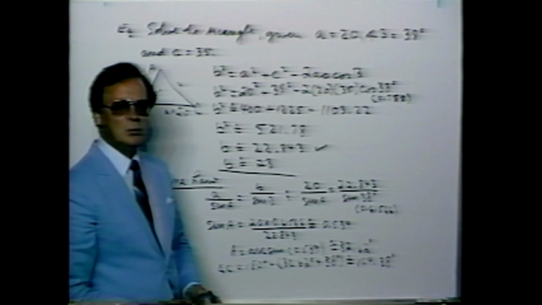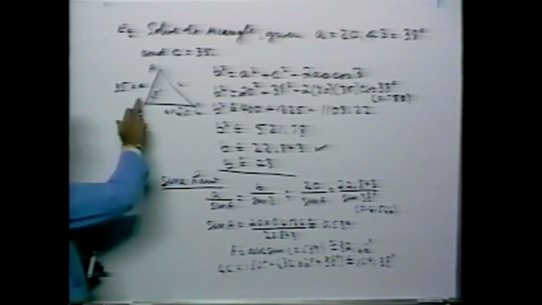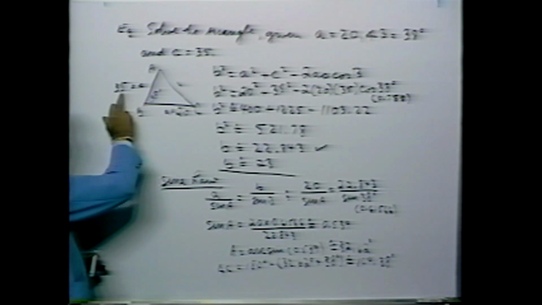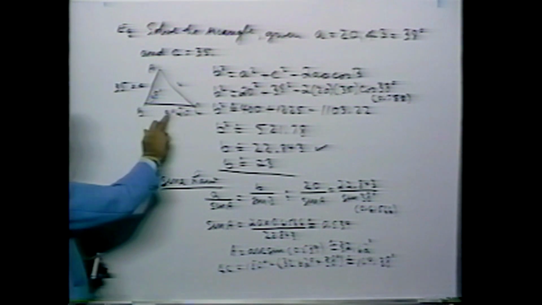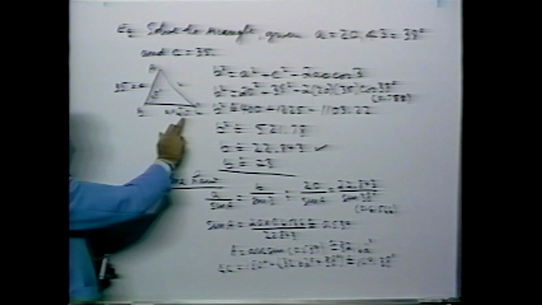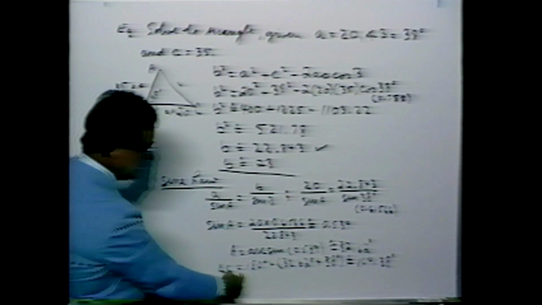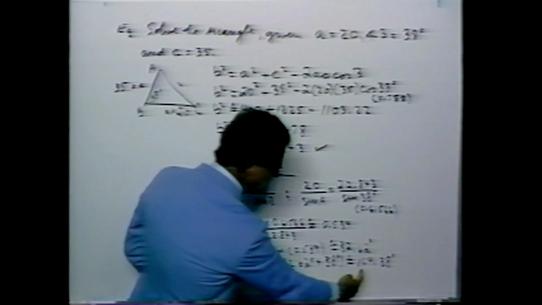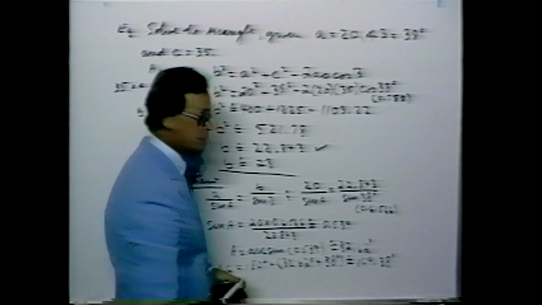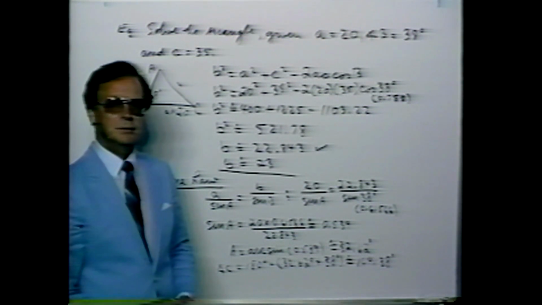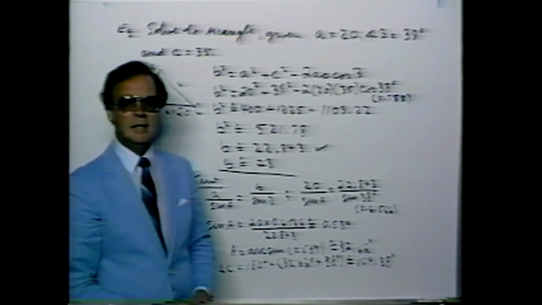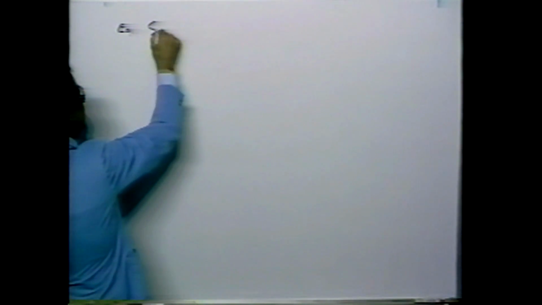triangle equaling 180 degrees. So C, which is of length 35, is larger than the side A, which is only 20, and so I avoided that angle. As you can see, it was a good choice because I ended up with 109.38 degrees, which is obtuse, a second quadrant angle. In another example, solve the triangle